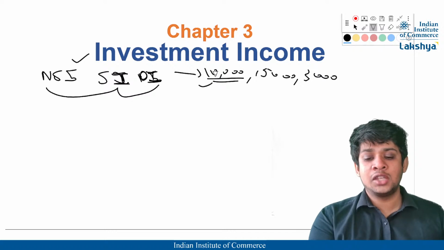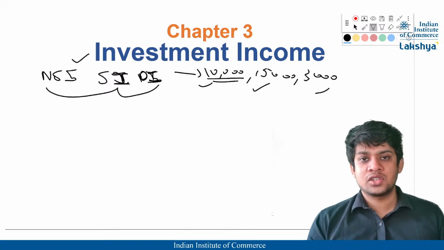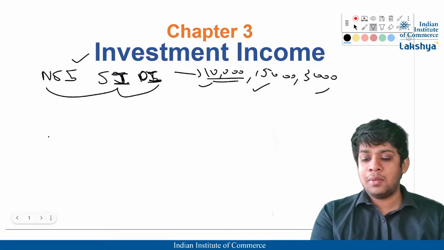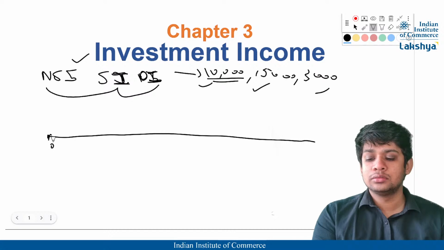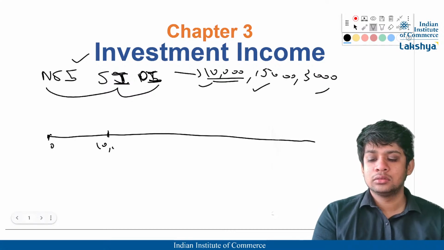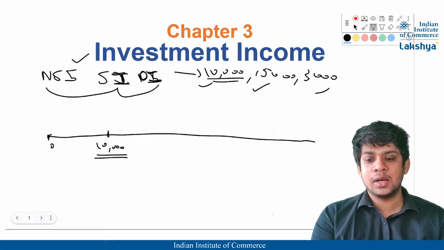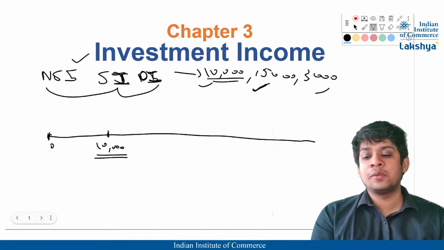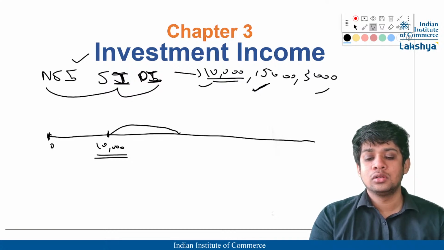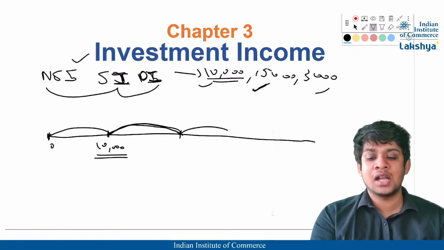So it is not like on each one of them there will be the lowest charge. It goes like, maybe say this is the number line. From 0 to 10,000 will be his non-savings income, and the 15,000 savings income will not start from 0, that will start from 10,000. So from 10,000 to 15,000, another one, that will be the non-savings income. So firstly we take the savings income, then after that we take the non-savings income, and lastly we take the